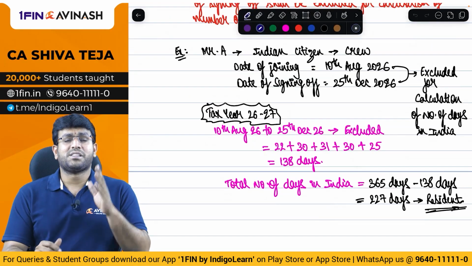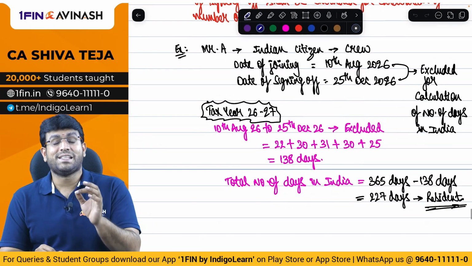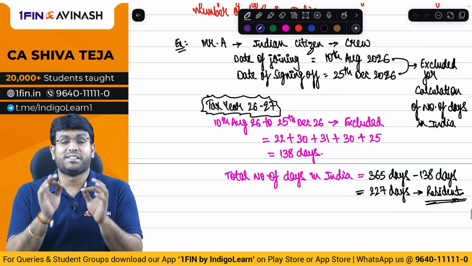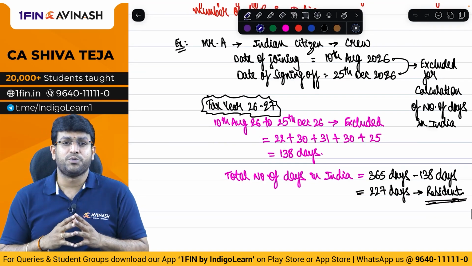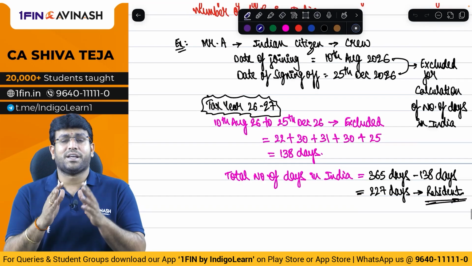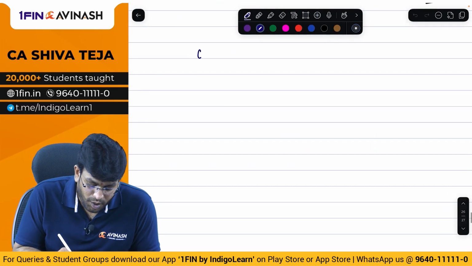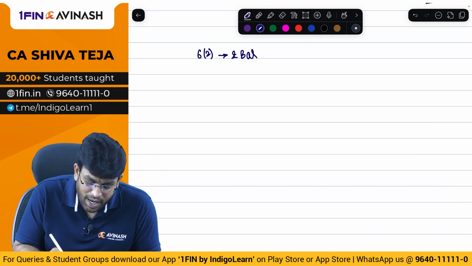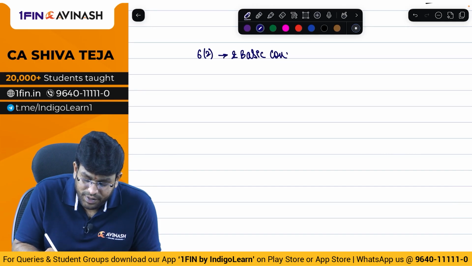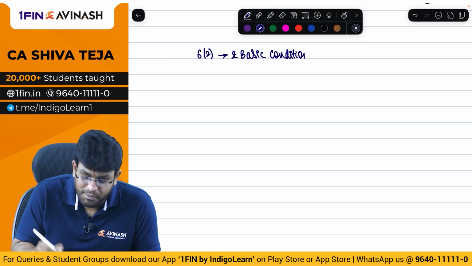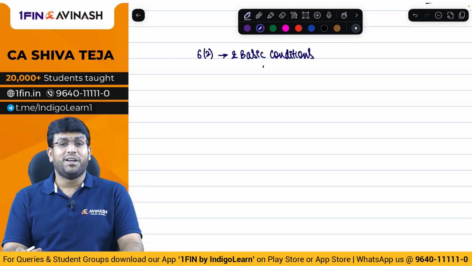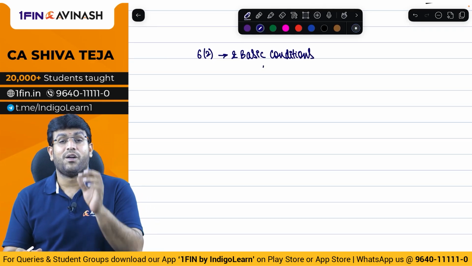So friends, we have been discussing very clearly the basic conditions for determination of residential status in case of an individual, which is clearly given by section 6.2. Which section, my dear friends? 6.2. Now what does 6.2 say? That there are two basic conditions and any one you satisfy will treat you as a resident. Both are satisfied, still you are a resident. Nothing is satisfied, you are regarded as a non-resident.